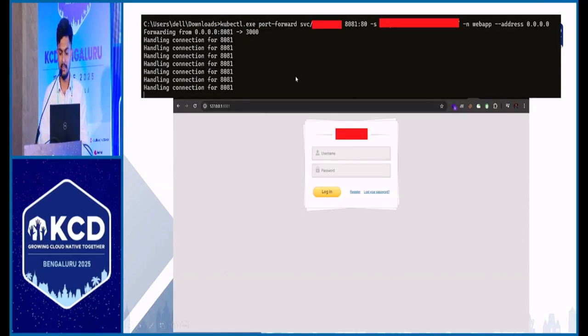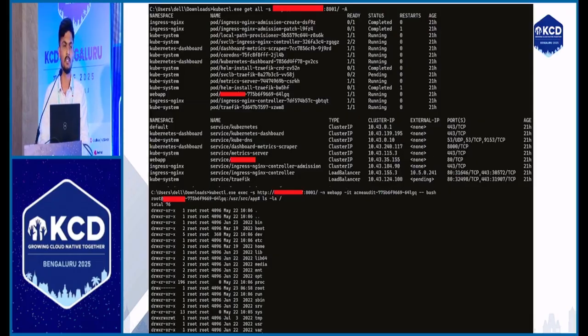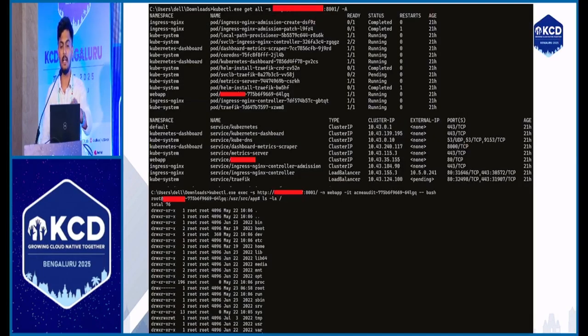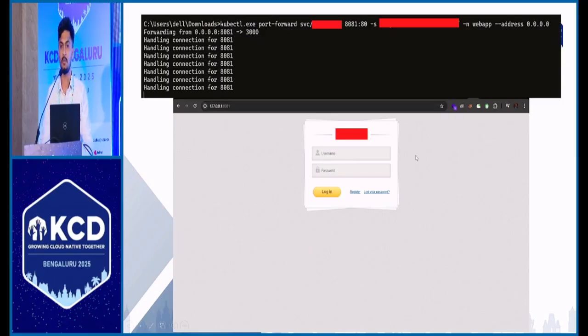So there will also be services running on the Kubernetes cluster, obviously. Sometimes the DevOps teams might not add any external IP address. So what do you do in that case? Since I have access to list the pods and get the pod, I can simply port forward to my local IP address. Once I do that, I'll get the dashboard access. Since it is an internally hosted application, I'm able to see the hosted application on my local machine. Since I have access to their entire cluster, I can read their secrets, use those credentials on this application, and log in easily.